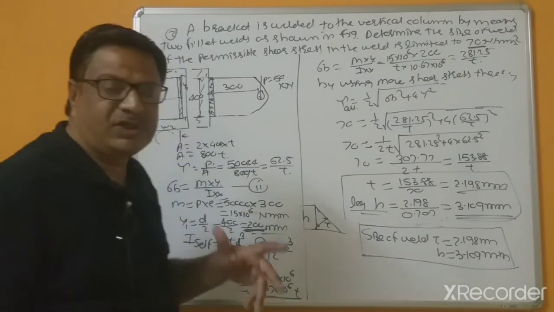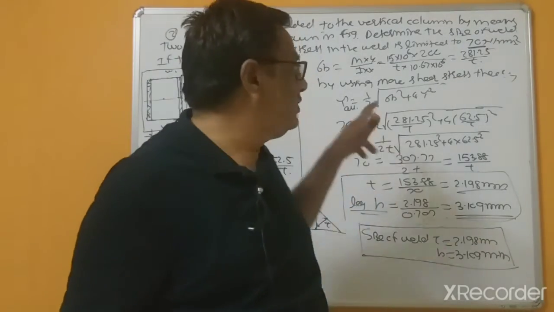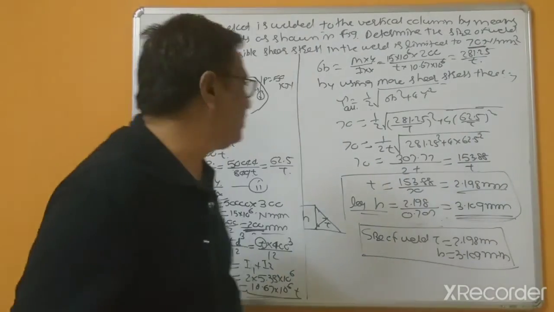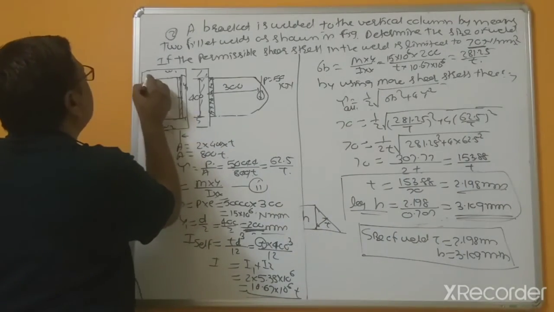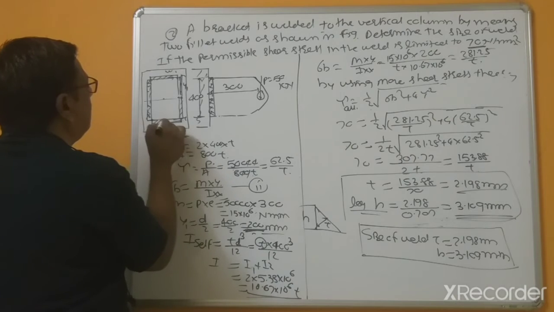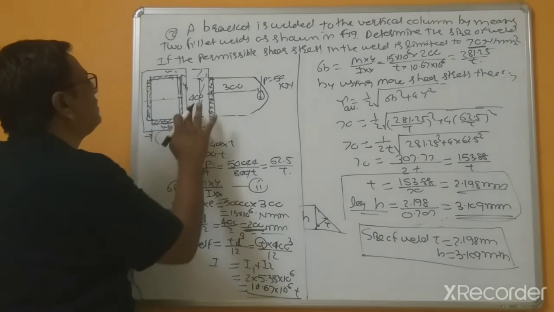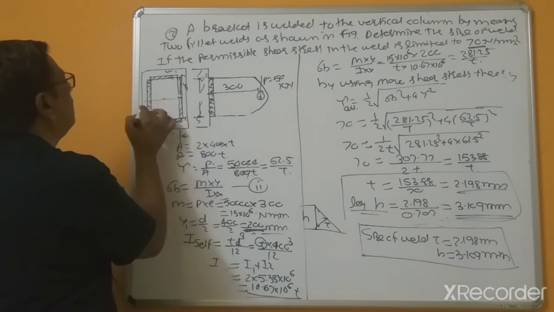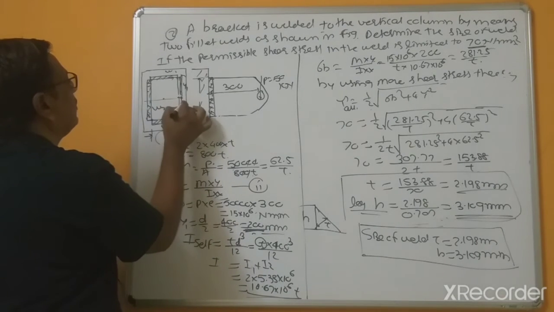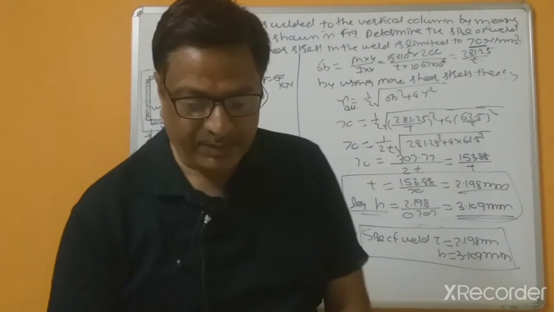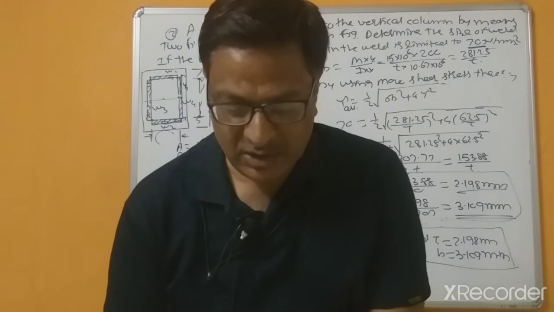Now, if the load is more and if this length is less, then more welding is required, so welding from all sides is required. So for such type, this is weld 3 and this is weld 4. So for such type I will take another third problem.